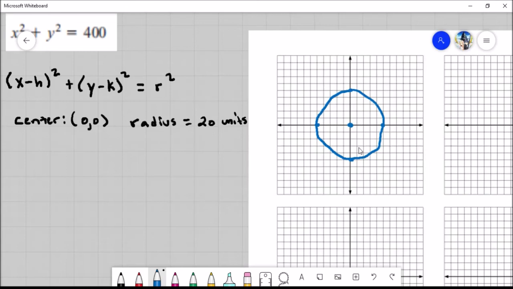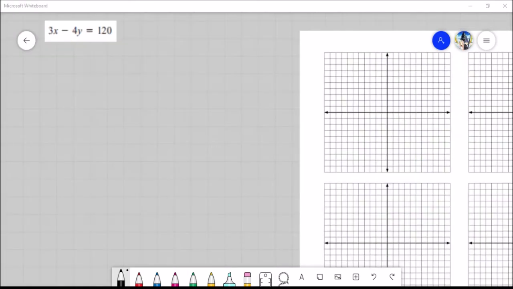Again, if there were something else for the center besides 0, 0, you can look up how to do those, but more or less it's the same process when graphing it. Figure out what the center is, figure out what the radius is, and then apply it on your graph. So now, moving on. All right, this one will be our last problem for the day,